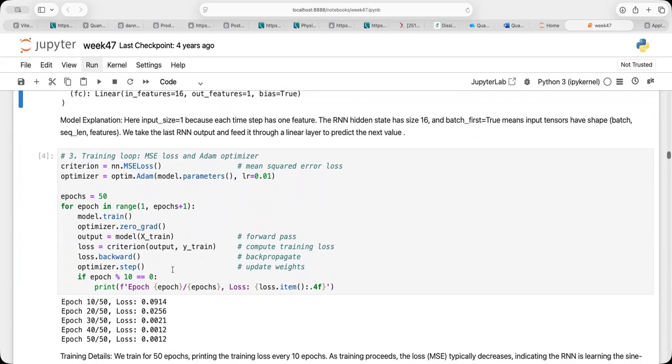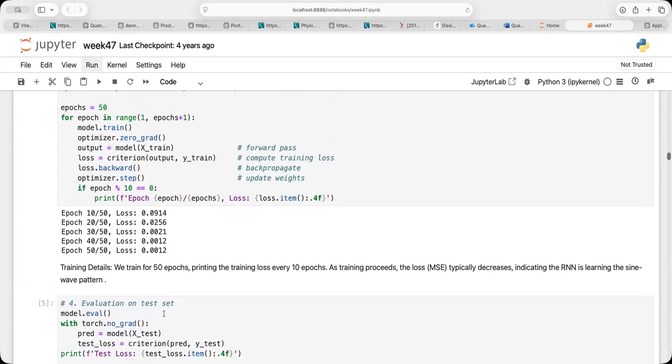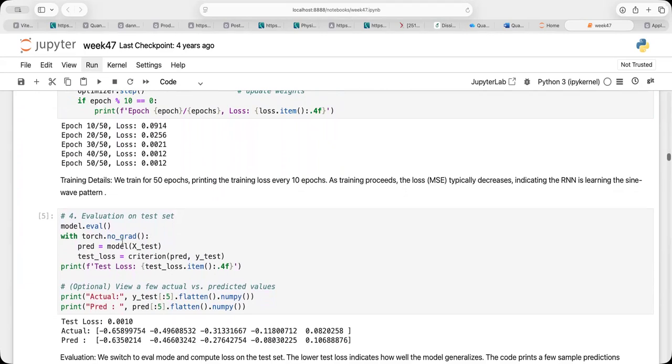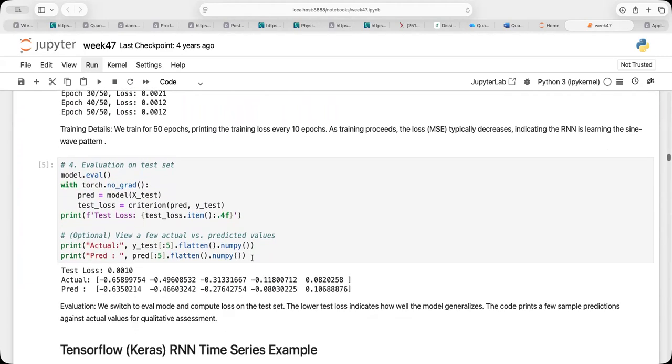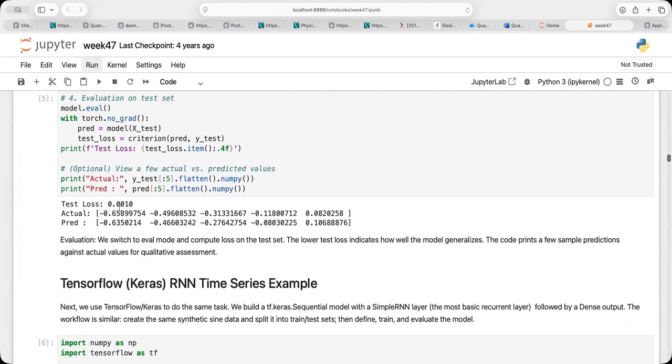We print epochs only in units of 10. And this is typically the loss function which we have. We evaluate the model. We have a convergence criterion which we put up. And this is the final result where you can now see the prediction which we are making, the actual, and this is the prediction. So there's a loss function, which if you can live with that, it's not so bad. And this is the prediction made compared with the actual value.